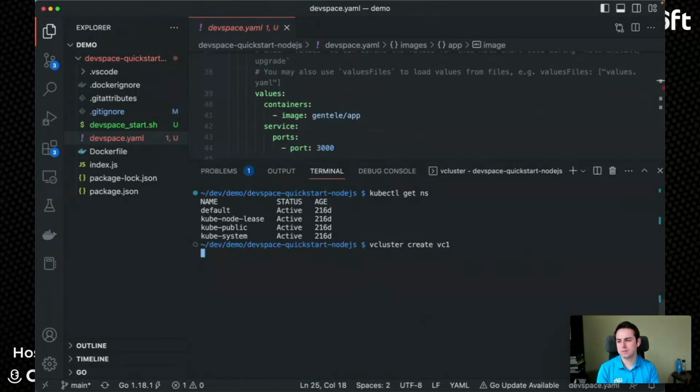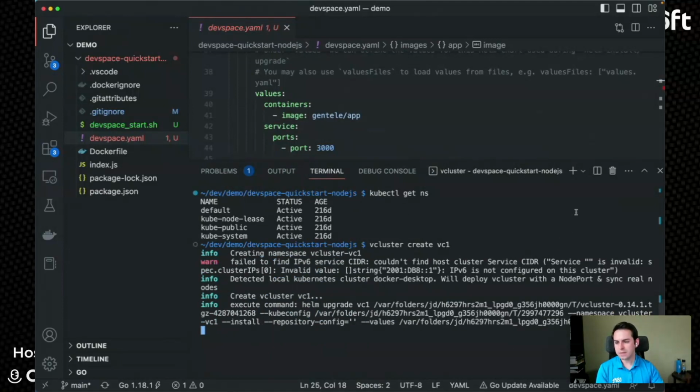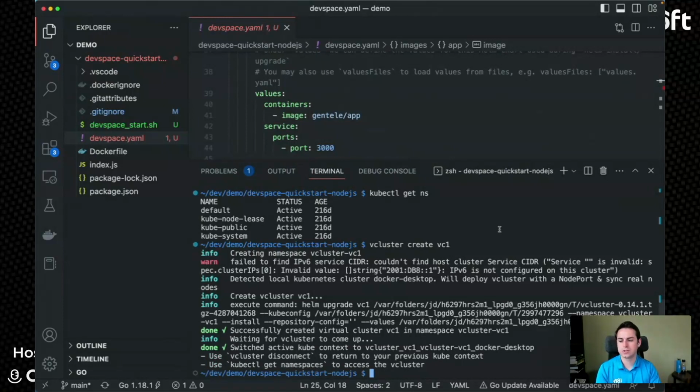I'm going to call that vc1. And that's essentially deploying this virtual cluster for me. And then it's connecting me to this virtual cluster with a kube context that points into this virtual cluster. And then inside that virtual cluster, we can now use DevSpace to develop. Again, we can also skip the virtual cluster part entirely and just work directly inside the Docker Desktop cluster. But with our new